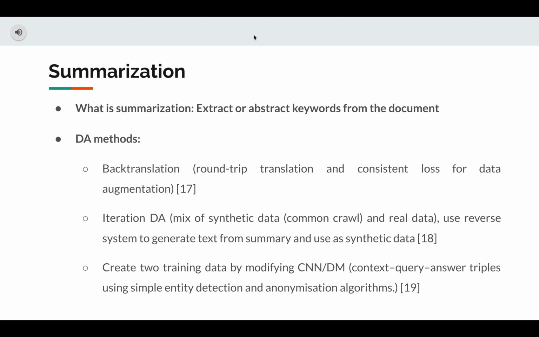The first task is summarization, which is about extracting or abstracting keywords from the document. The DA methods applied for it include back translation, where you first translate the input to another language and then you translate it back. And you have a consistency loss for keeping the augmented data invariant with the original one. Another one is iterative